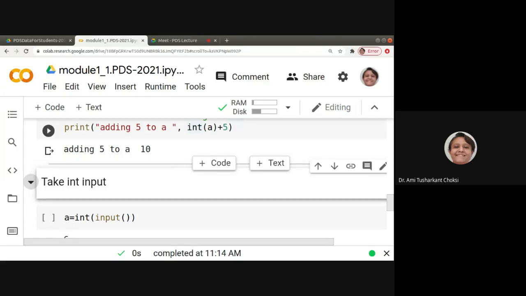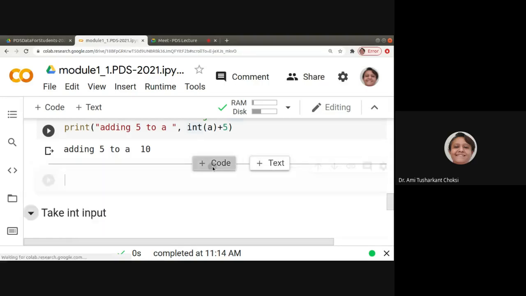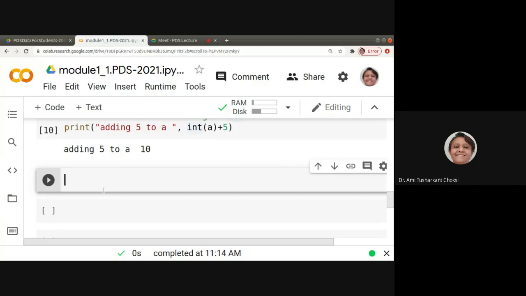So if I want to insert a code cell, I just have to put my mouse here. It will show me code and text, so I can click on code, and it will add the code cell for us. This is Google Colaboratory, right? Okay. So I want to have integer of '7.59' in single quotes. Now let me run this.